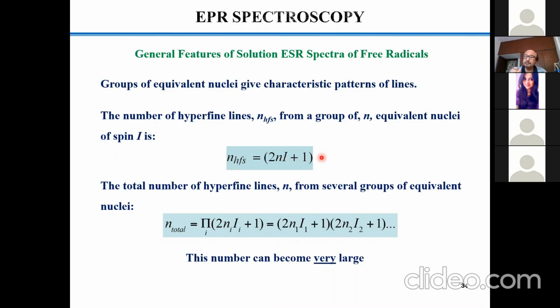But if it happens that out of three nuclei, two are identical and one is non-equivalent, identical in the sense of equivalent, the other is non-equivalent, then there is an option. The option is that you have to consider (2nI plus 1) into (2mI plus 1) into (2xI plus 1). That means if out of 3, 2 are equivalent and 1 is not equivalent, then you consider 2 into 2 into 1. Let us consider 1, I equal to plus 1.